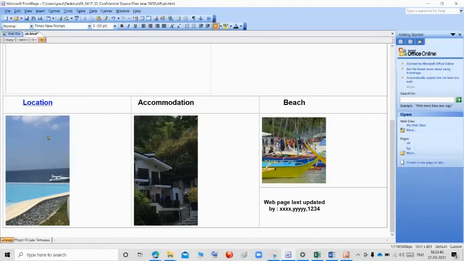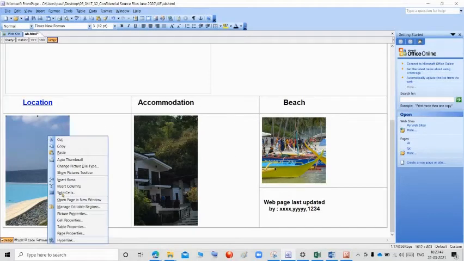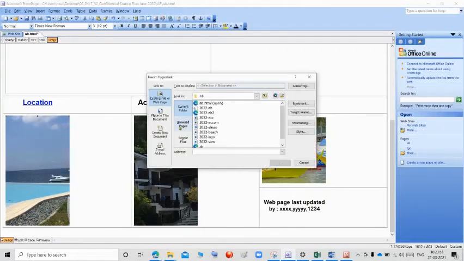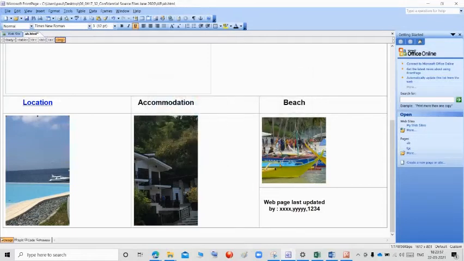We did the same for the image: right click, click hyperlink and select 2032. So for the location text and the image, we give the hyperlink.